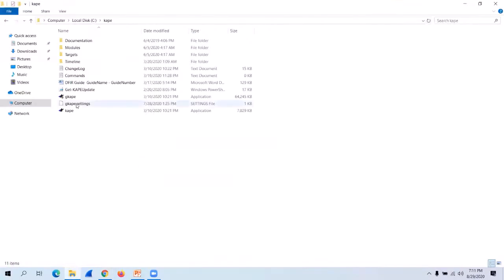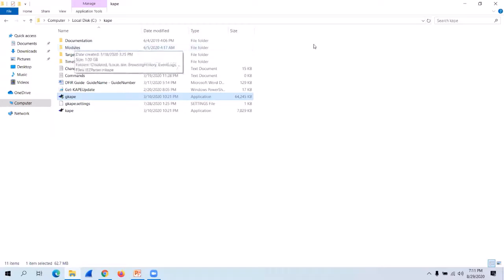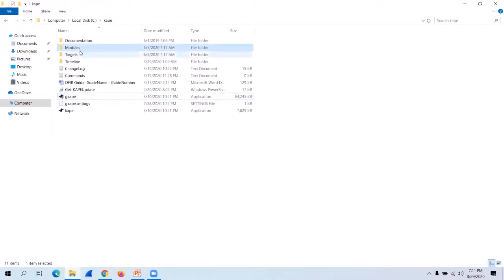Let's execute and see. There are two versions of Cape. One is simple Cape and one is G Cape. It utilizes two different kinds of modes for execution. One is modules and targets. Okay, we will see them now. First, I will execute it so that things are clear. Then I'll also explain there is a command line version of it.